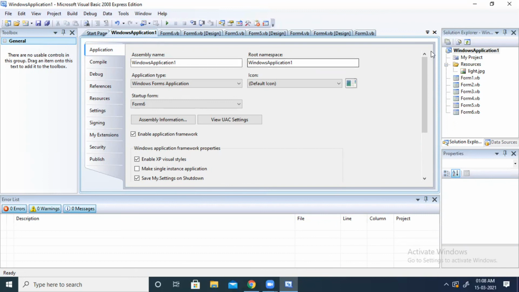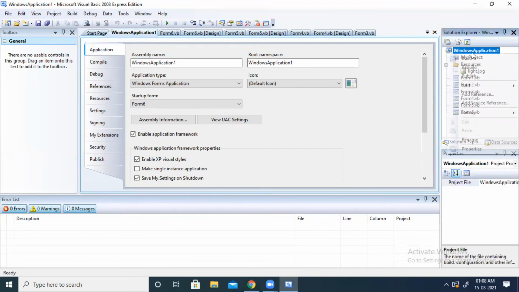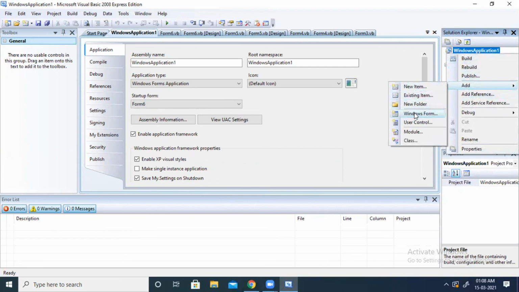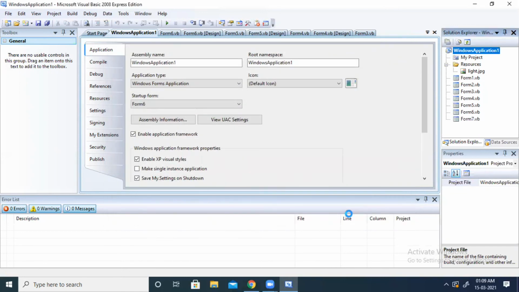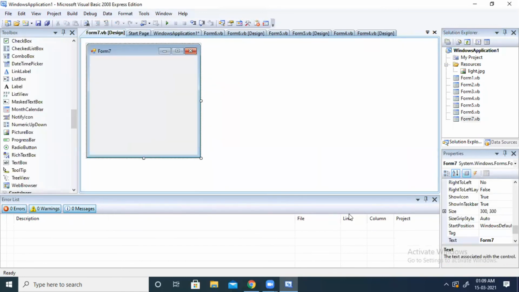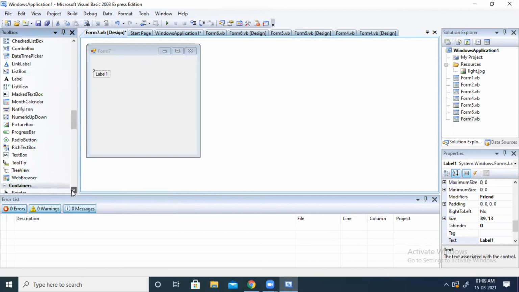by taking another form. Right click, add, then Windows form, click on add. Okay. So first let us take a label. Next, one text box.